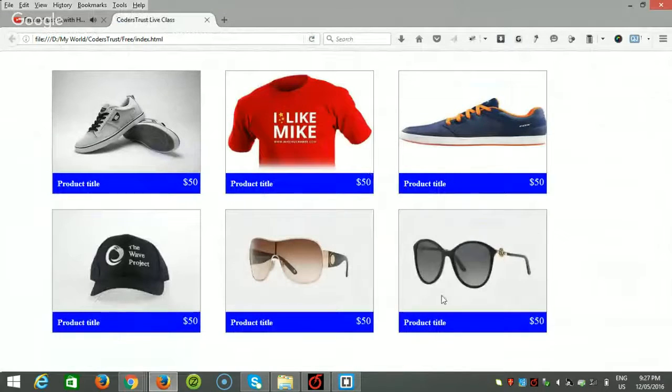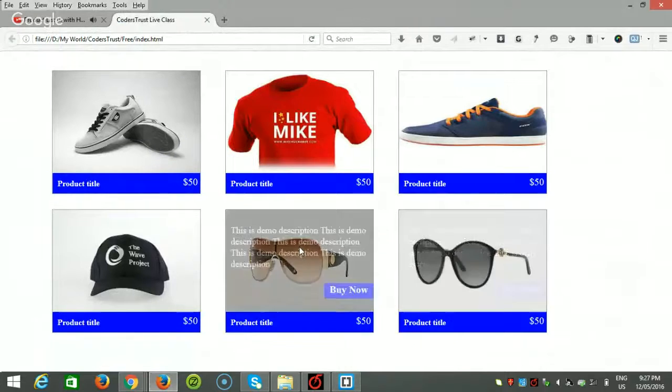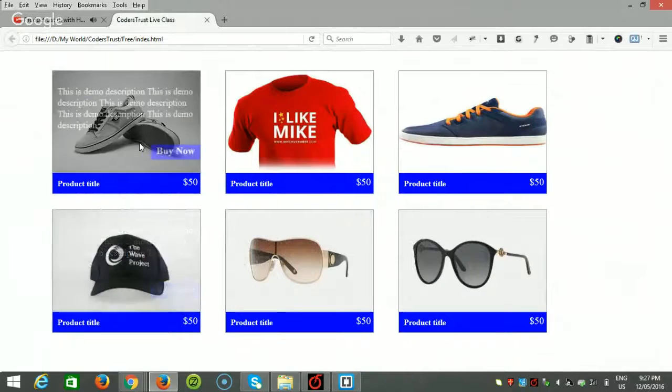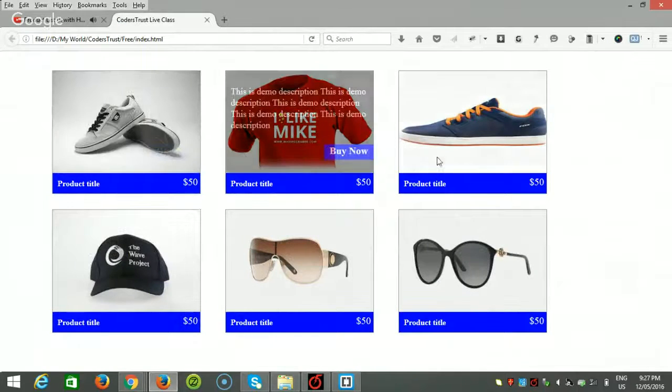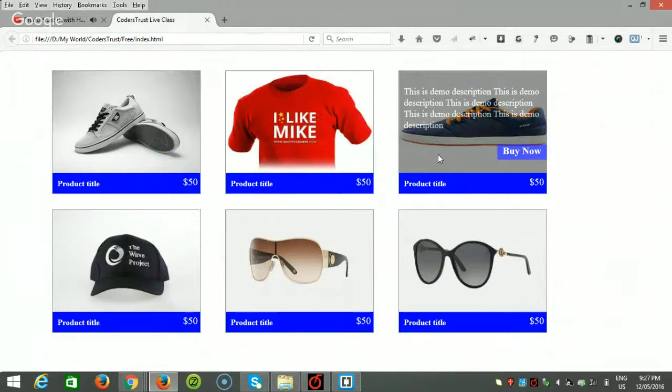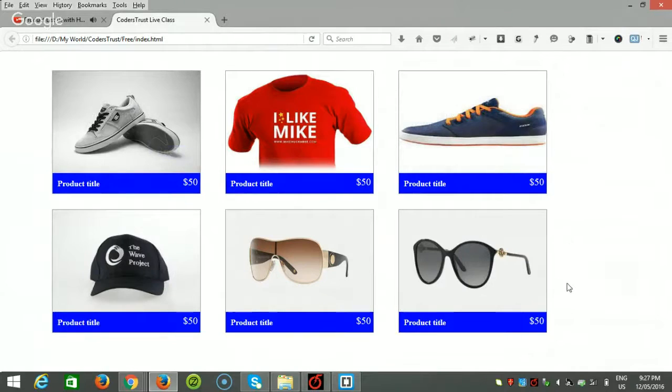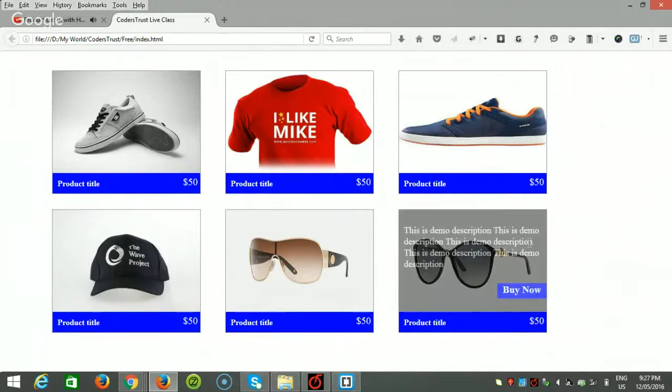Okay, so now it is fine. Okay. So our total list is created now properly, and there are 6 items, and you can see there is a